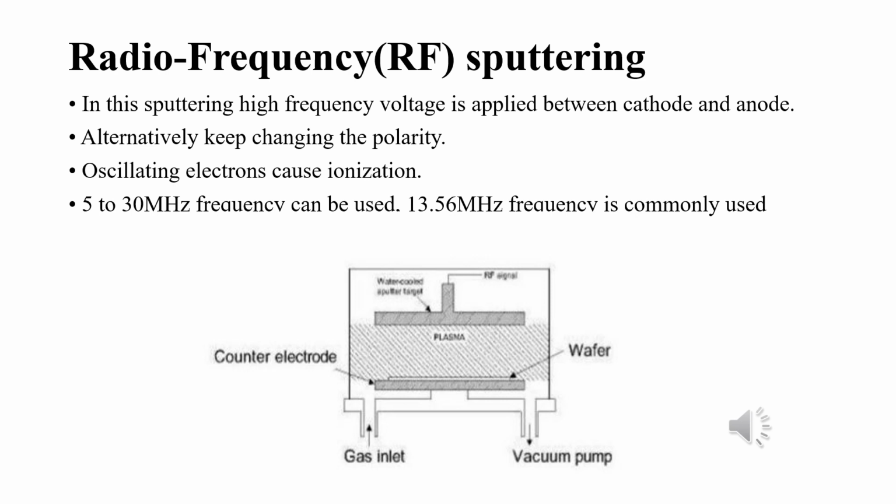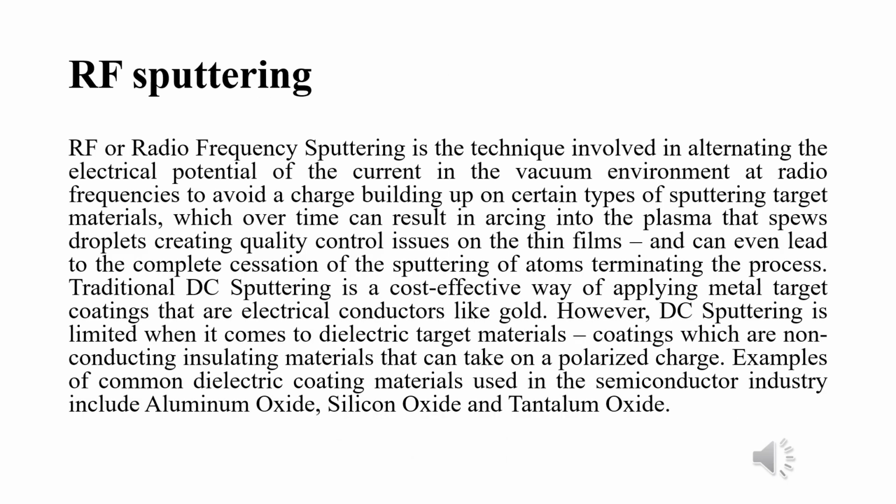5 to 30 MHz frequency can be used. 13.56 MHz frequency is commonly used, and there is RF sputtering. RF or radio frequency sputtering is the technique involved in alternating the electric potential of the current in the vacuum environment at radio frequency to avoid a large build-up on certain types of sputtering target material, which over time